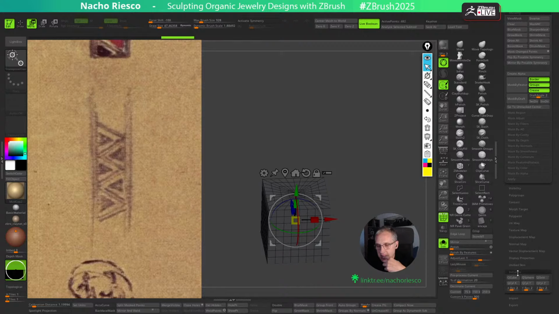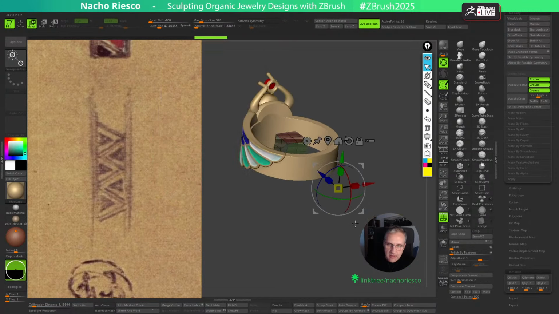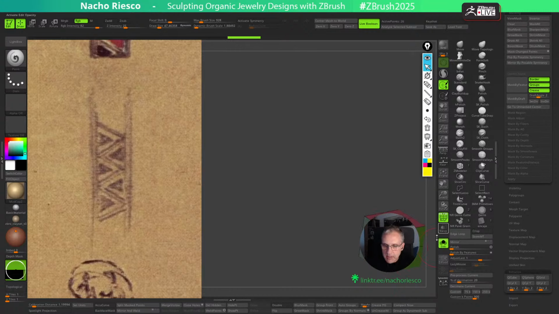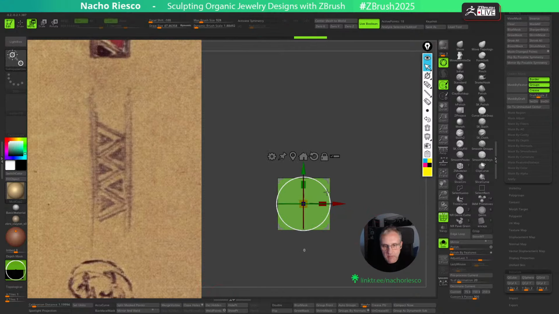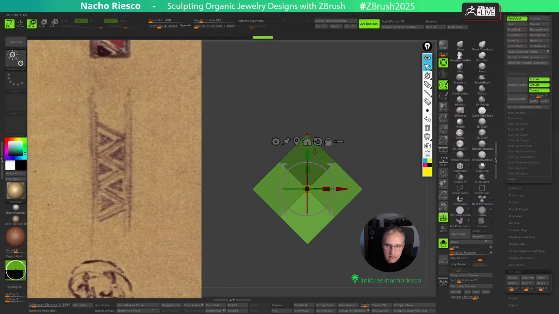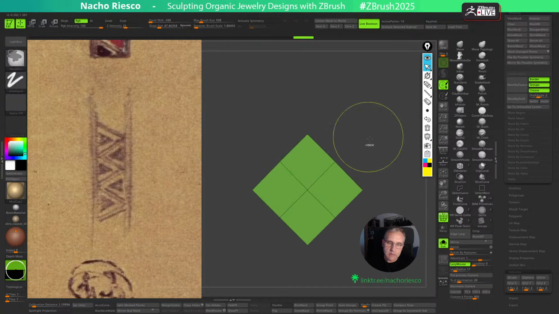Maybe we can go to initialize and make a cube when we have less topology, like this. By default we have three different polygons for each side. Control Shift and tap to select this one and delete the others, delete hidden, maybe 40 degrees rotation. And I'm going to grab this, something like this, and maybe we can click curve